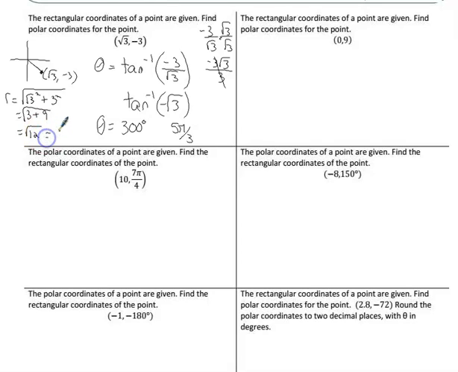And 12 is 4 times 3, and I know the square root of 4, so that's 2 square root of 3. So r is 2 square root of 3, and theta, depending on whether we're in degrees or radians, could be 300 or 5 pi over 3. So let's list our ordered pair. We could say it was 2 square root of 3 comma 5 pi over 3, or 2 square root of 3 comma 300 degrees,